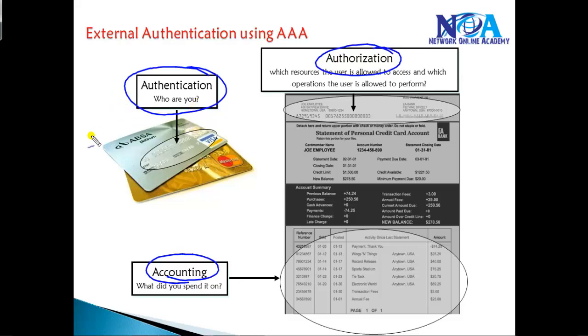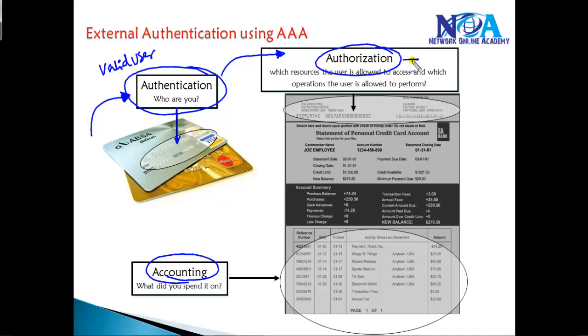Now authentication is going to provide, if any device or any user tries to log in, the authentication, like authenticating the user, whether he is a valid user or not. If he is a valid user, then he will be provided access based on the username and the password. And once he logs in, then authorization is a method where